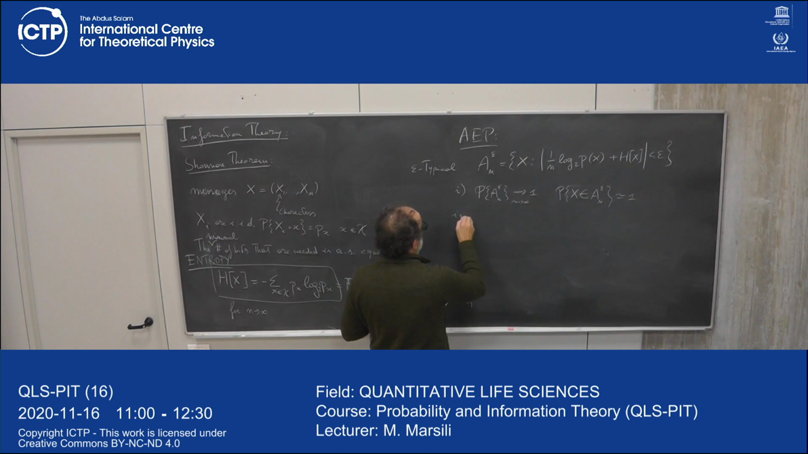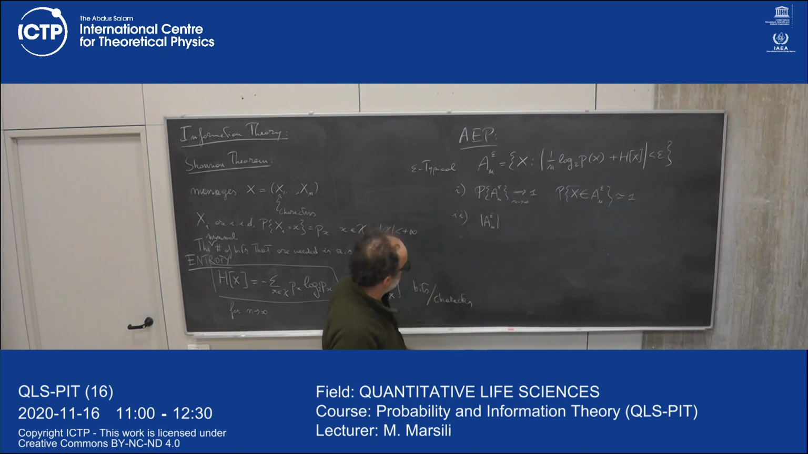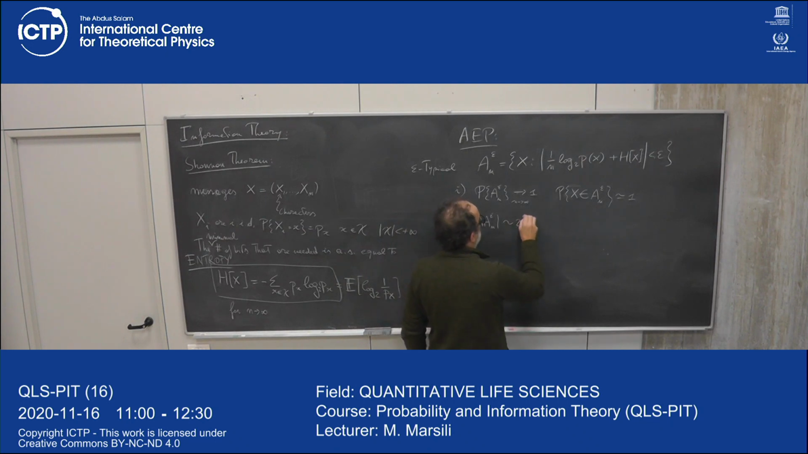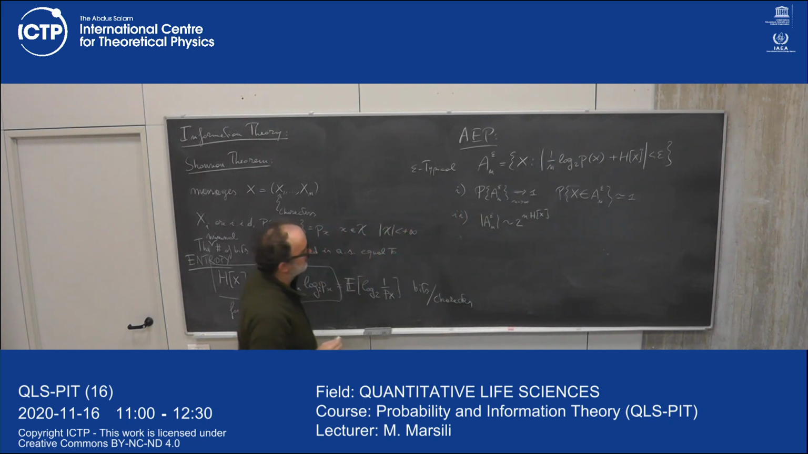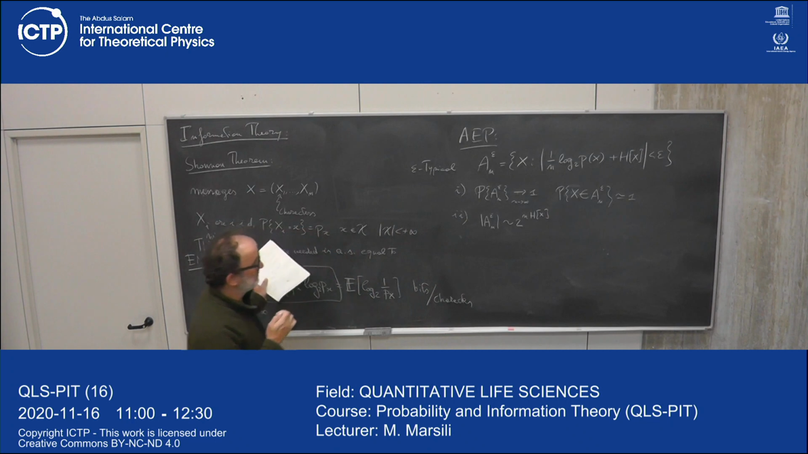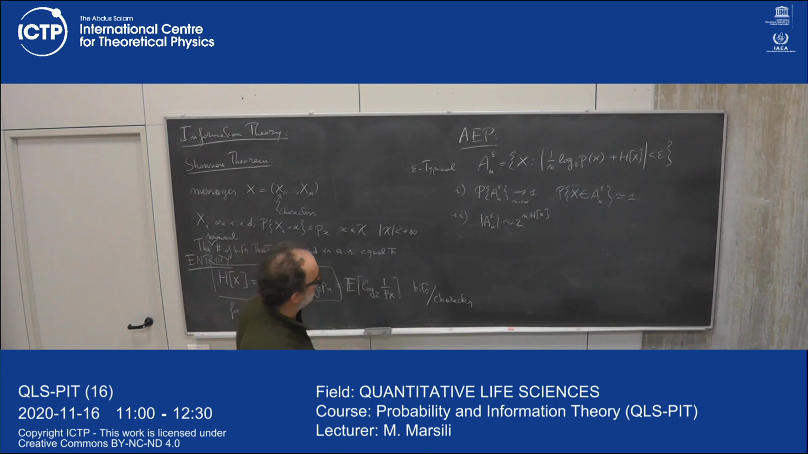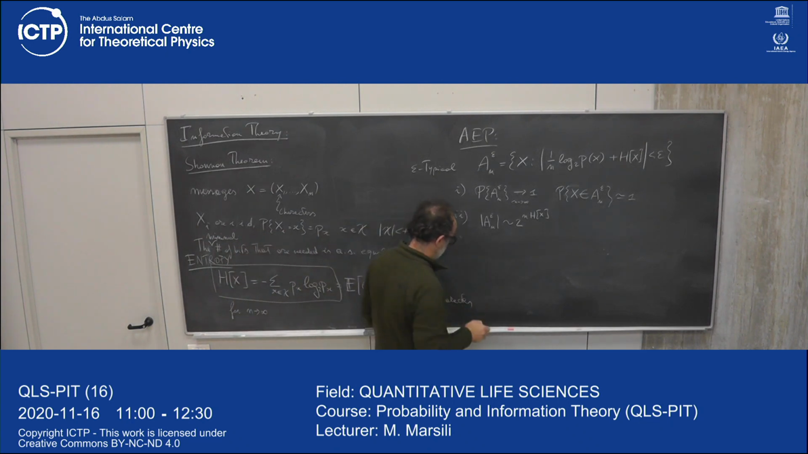The second thing is that, because of this, the number of messages in the epsilon typical set is 2 to the n h of x. But here I'm using log base 2, so I have to put a 2 here. Okay. So then what does it mean? For our problem, what does it mean? Well, it means that Alice and Bob, if they want to exchange these messages, what they can do is to